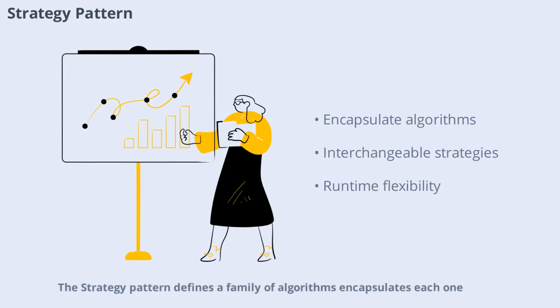The strategy pattern defines a family of algorithms, encapsulates each one, and makes them interchangeable. This allows you to select an algorithm at runtime without changing the code that uses it. In Java, you might use the strategy pattern to implement different sorting or filtering strategies, making your code more flexible